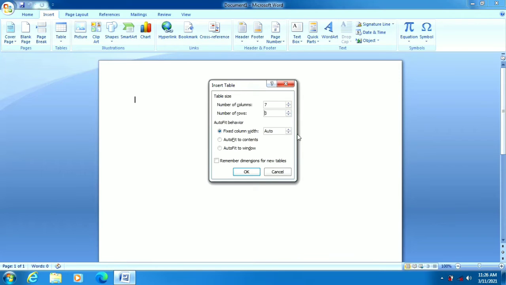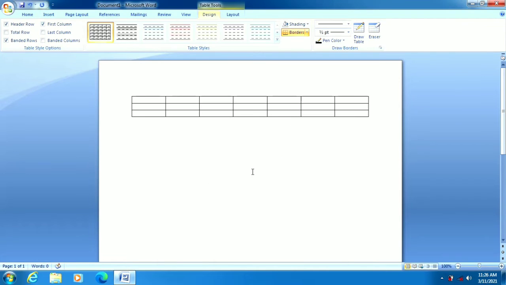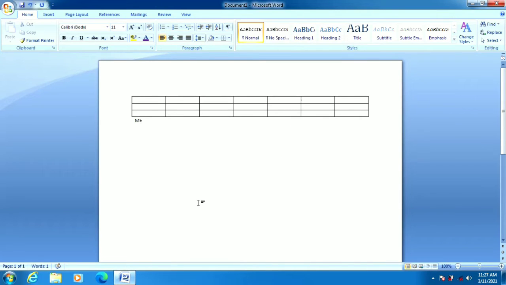Then click OK. You can get the table using the Insert Table command. This is the first method. MS Word creates the table at the inserting point where you have placed your cursor.